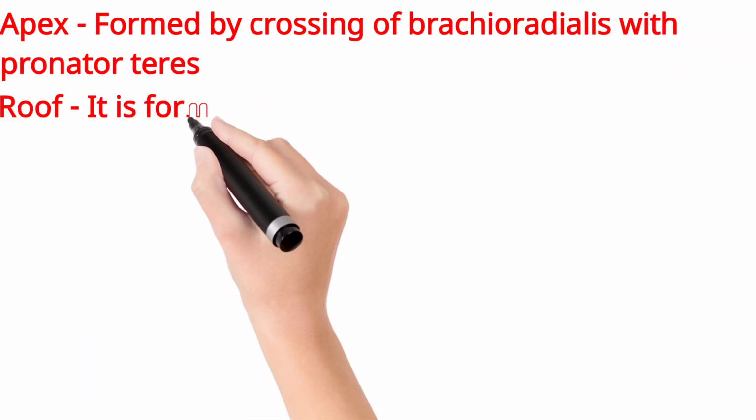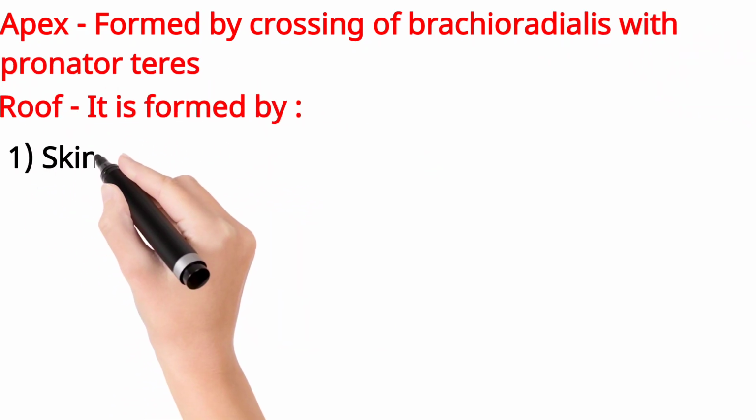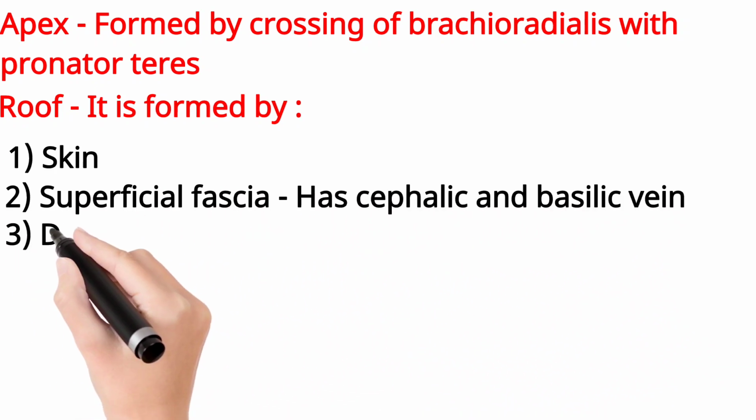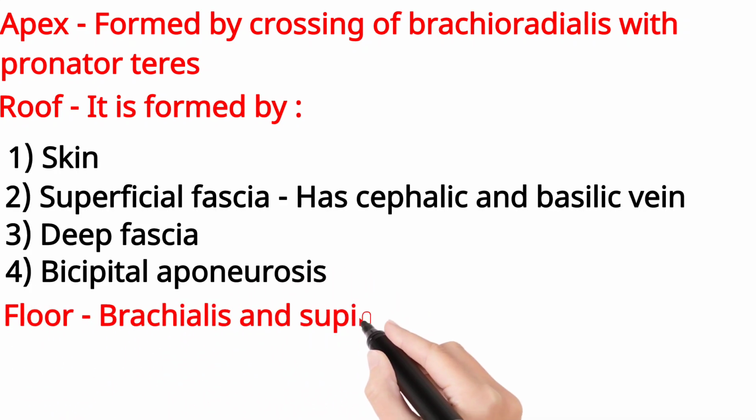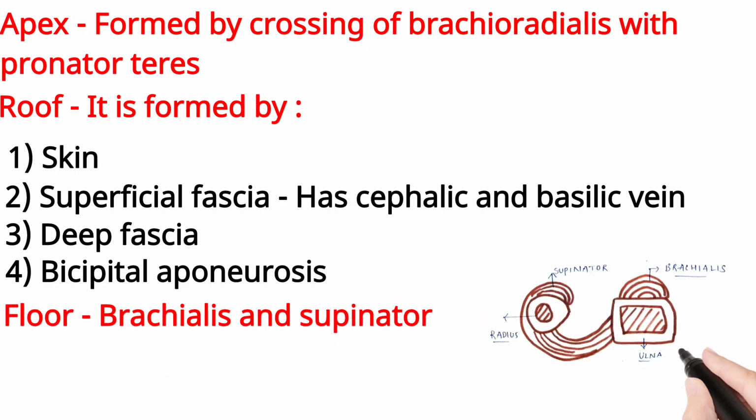This muscle forms the medial boundary of the cubital fossa, but the whole muscle does not form the medial boundary. Only its lateral border forms the medial boundary of the cubital fossa. Now coming to the base of the fossa. Since the cubital fossa is a triangular space, it is bound to have a base, an apex and sides. So the base of the cubital fossa is formed by an imaginary line which joins the two epicondyles, that is the lateral and medial epicondyle of the humerus bone. Okay, so this imaginary line forms the base of the cubital fossa.